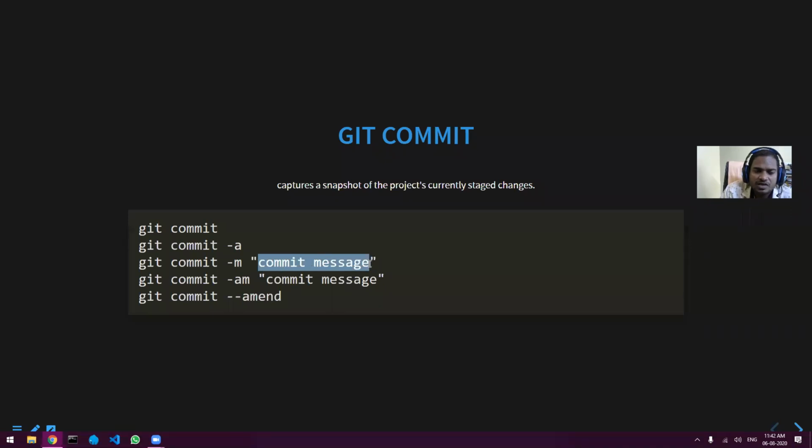It will not open a completely different text editor. I normally prefer to use this command. Then if you start using git commit, you will find that every time before running git commit, you always do git add.